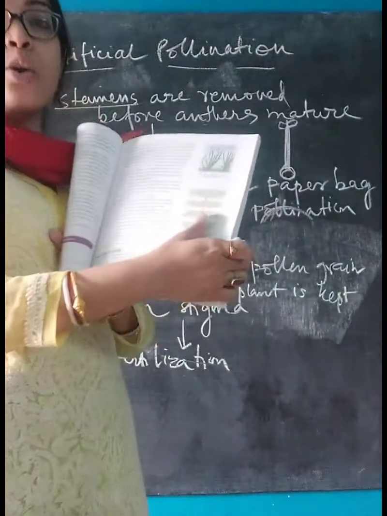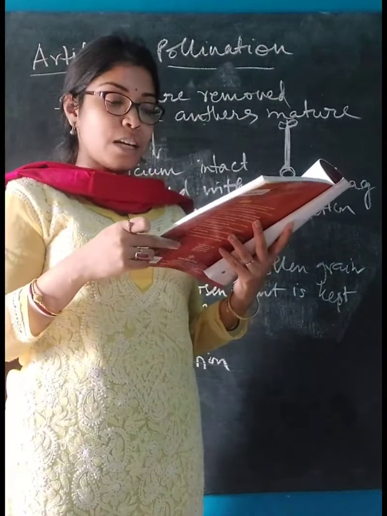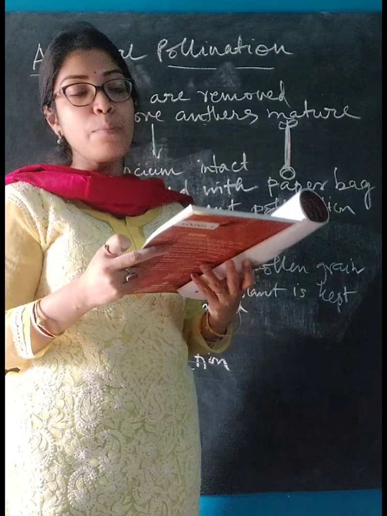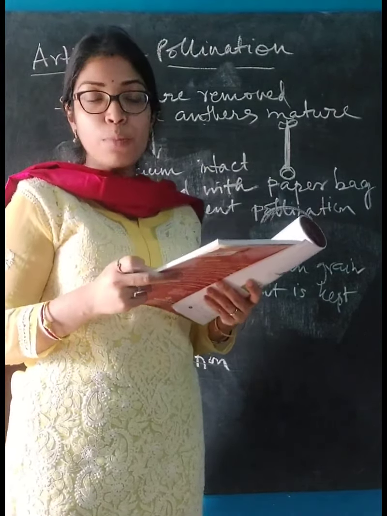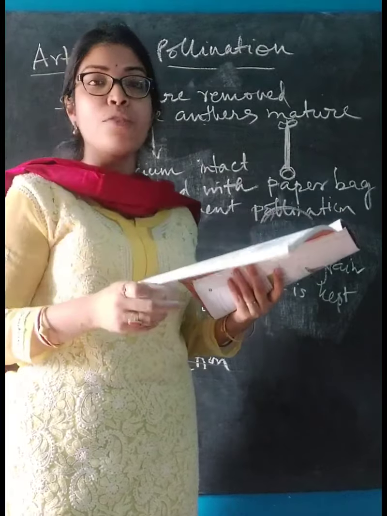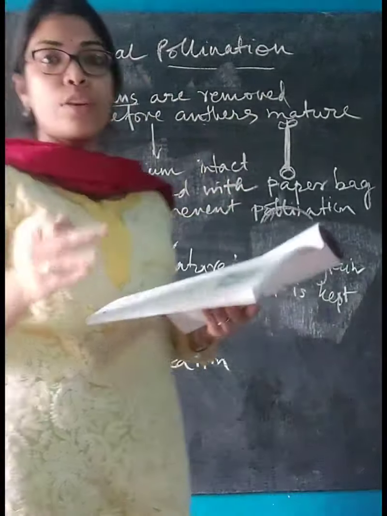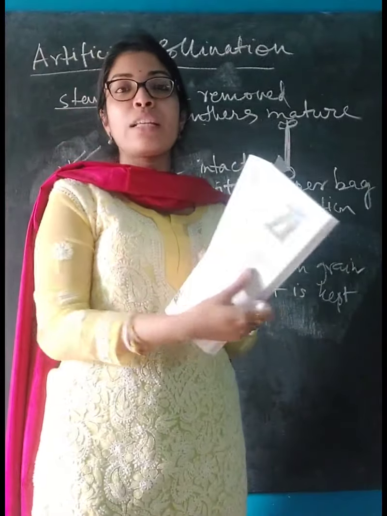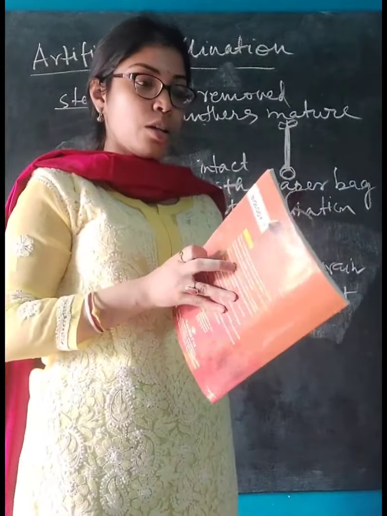So for you this whole chart is very, very important. This chart on page number 25, a flow chart, figure number 2.18, is very, very important. If you are asked to write how artificial pollination takes place, or what is the process of hybridization, artificial pollination is also known as hybridization, as I have already told you, you will have to write this whole flow chart. Okay, so I hope I am clear to you with this